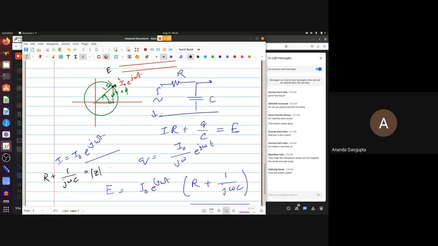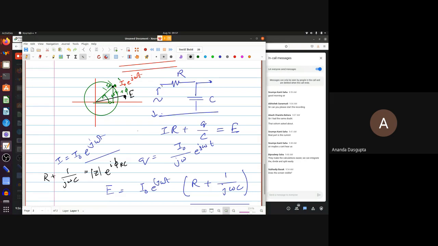This is a magnitude, then there's an angle of its own. Let's call that phi. But this angle is negative, right? Because it's really R minus j by omega C, and that gives a negative phase angle. So E will not make a bigger angle with the horizontal than the current does. It will actually make a smaller angle. So E will be somewhere here. Its magnitude will be a multiple of the magnitude of I0, and its angle will be smaller, by this phi